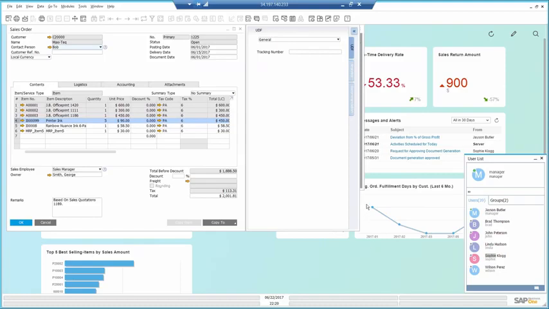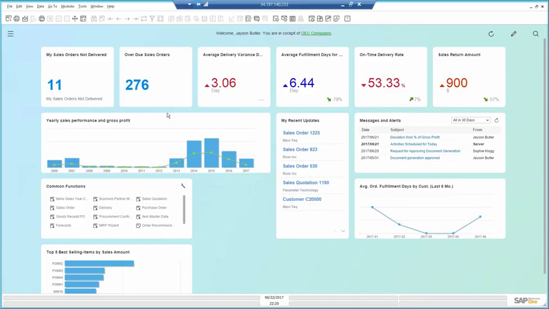In this demo, we've seen how we can gain better control over scheduling orders by being completely informed regarding potential issues, using different KPIs around delivery times, alerts that show open orders and overdue orders, dashboards that give me a 360-degree view over my customers, live collaboration with other users, and an intuitive rescheduling tool that is very easy to use.